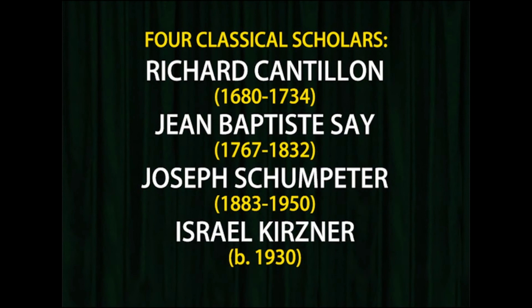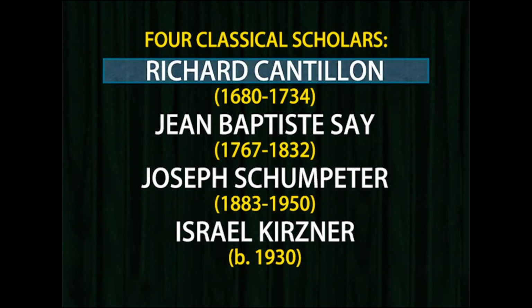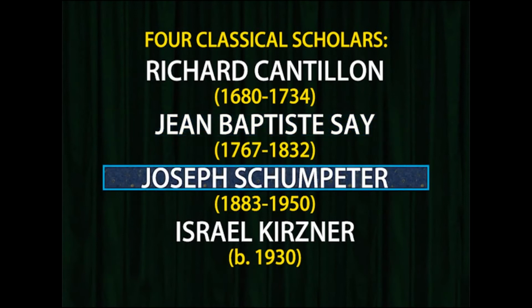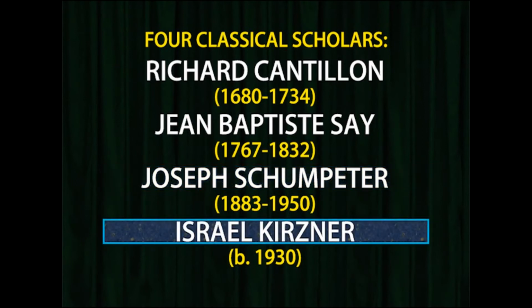We have the 4 classical scholars who have designed the total subject in a systematic way. We have Richard Cantillon, who gave thoughts from 1680 to 1734. We have Jean-Baptiste, who gave thoughts from 1767 to 1832. We have Joseph Schumpeter, who gave thoughts from 1883 to 1950. We have Israel Kirzner, who gave thoughts from 1930. So this is the kind of evolution in terms of the basic 4 pillars who had basically designed the subject